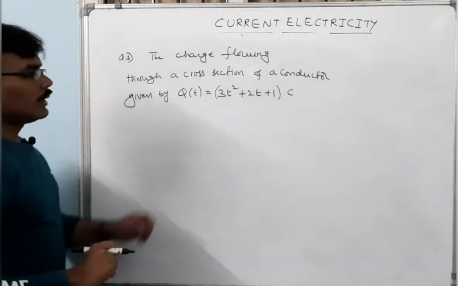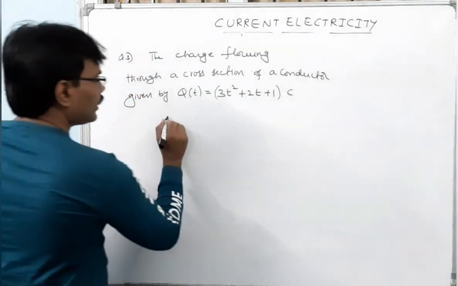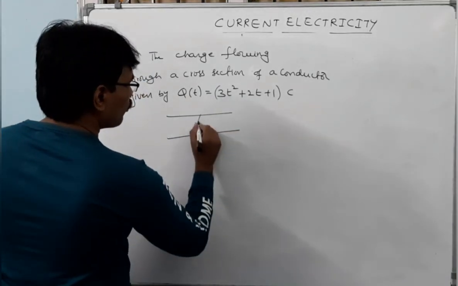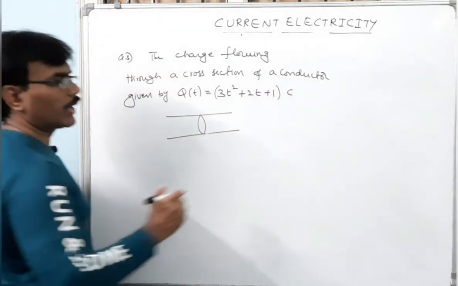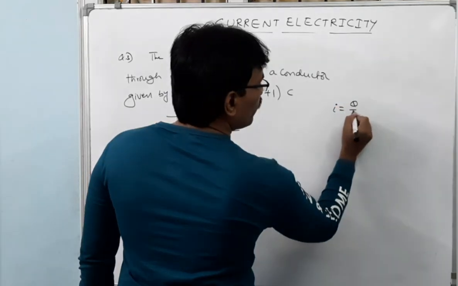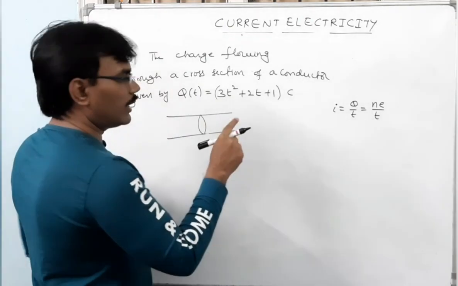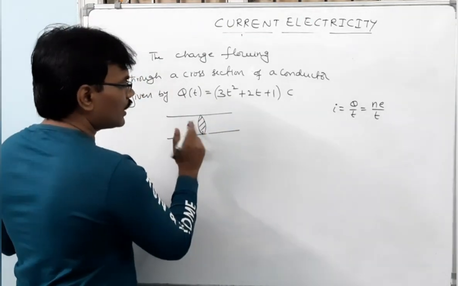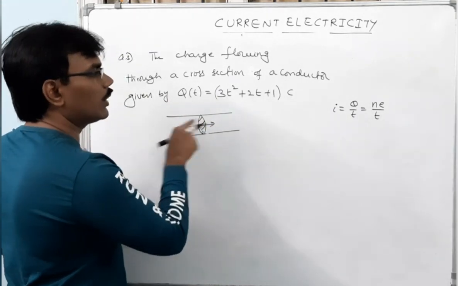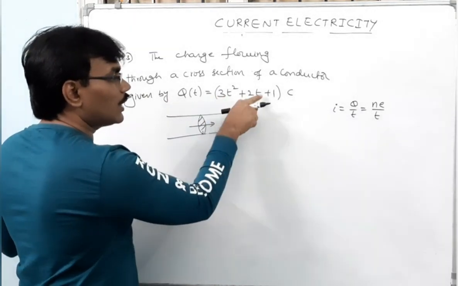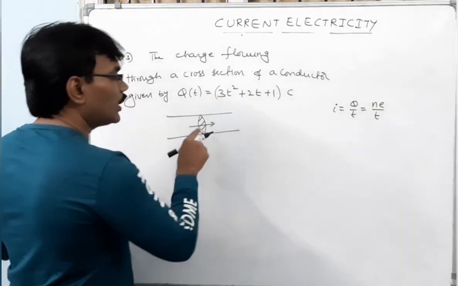That means the amount of charge crossing a particular cross section in the conductor is not the same at all times. So where should we apply dq by dt, and where should we simply apply the q by t formula? That is very important. I equals q by t, or otherwise Ne upon t, is applicable for calculating average current. It means that if you take any cross section inside the conductor, the same charge flows through it at any point of time. But here it's not like that. As time changes, the charge passing through the cross section also changes. So how do we find it?